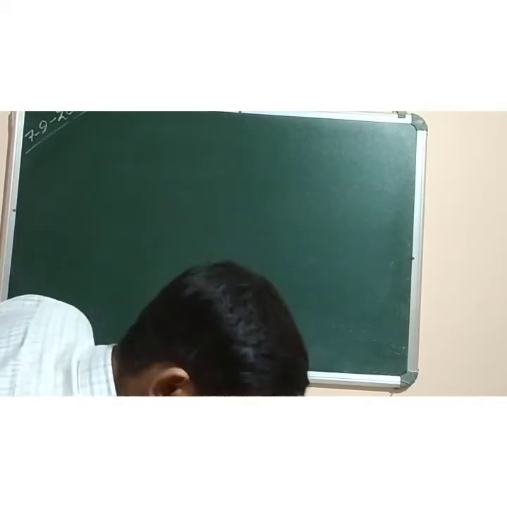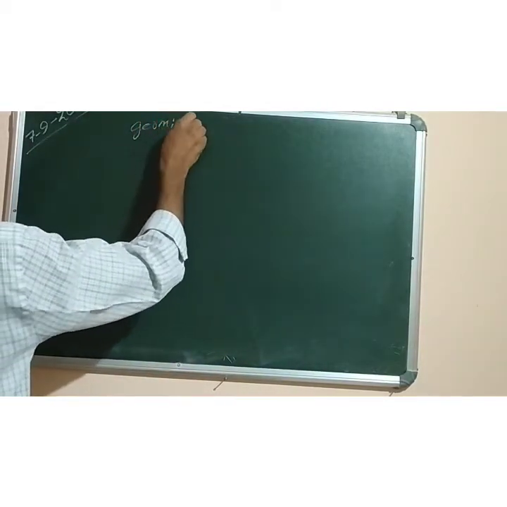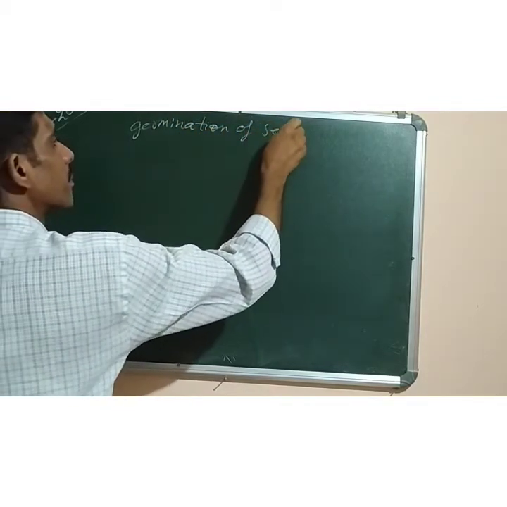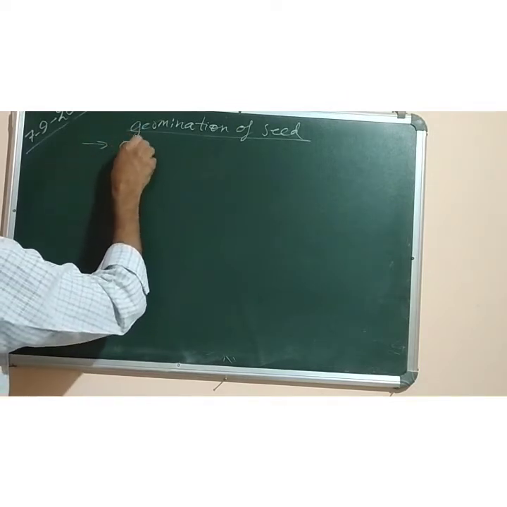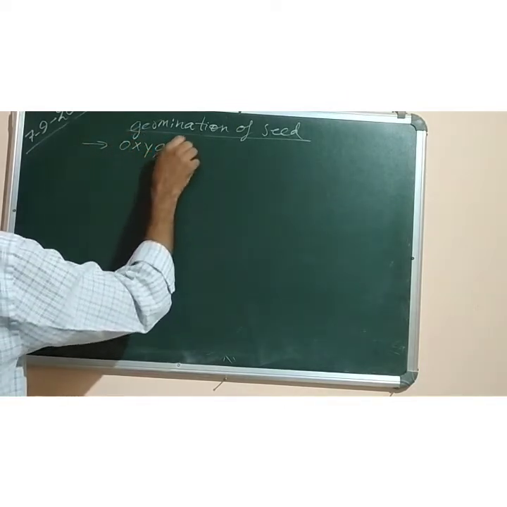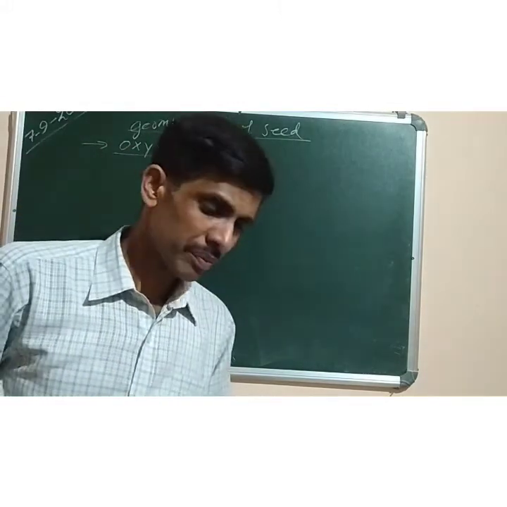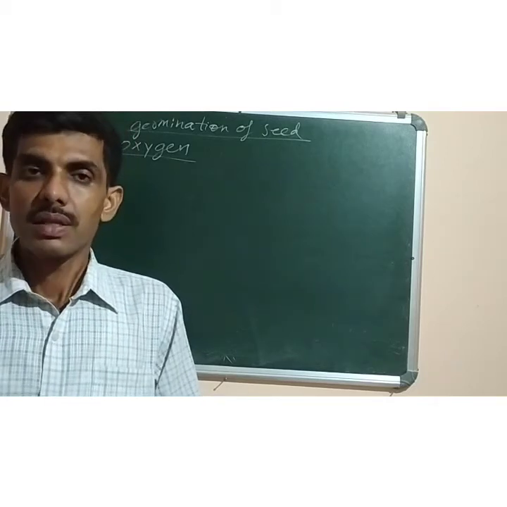So first one is germination of seed. The three conditions which are required: oxygen, then we will study about the water and suitable temperature. Okay, what is the use of oxygen in germination? Answer is, seeds